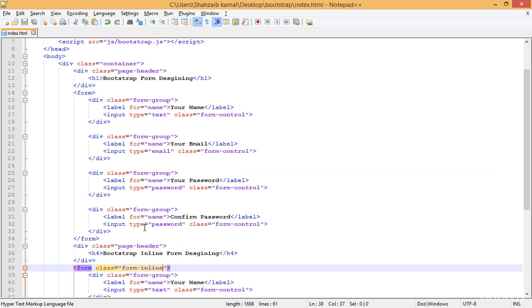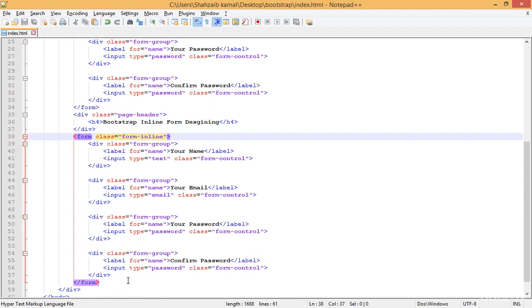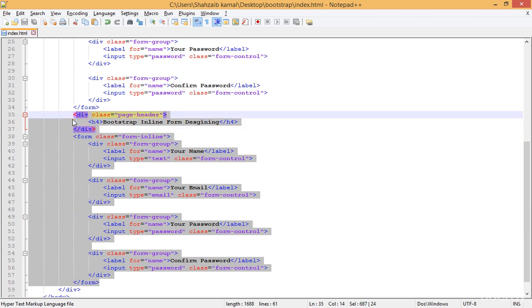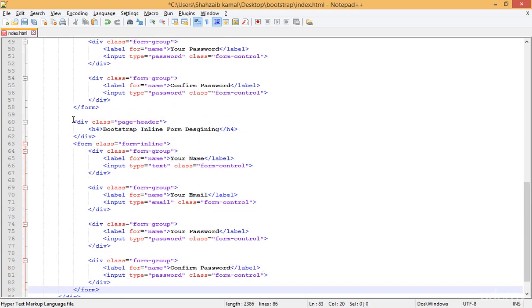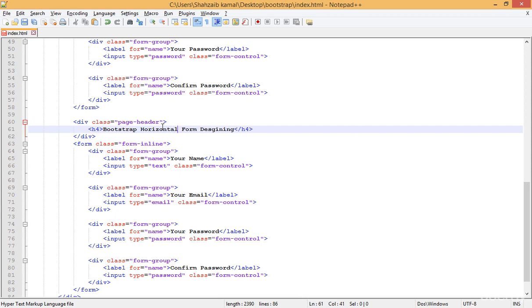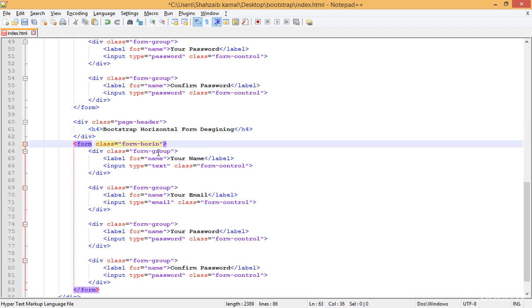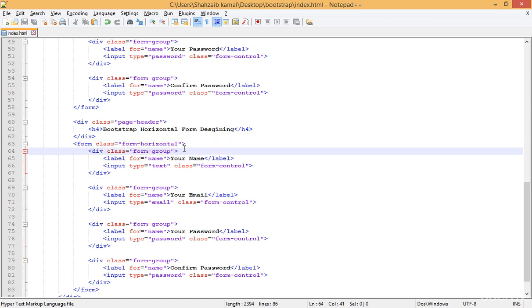The last way to create a form is the horizontal form. For the horizontal form, let's simply copy this form again with the page header, paste it, and then type the bootstrap horizontal form. Save this, and then remove this class, or update the class into form horizontal instead of form inline. Okay, save this, and then in every form group, first of all, let's make the label